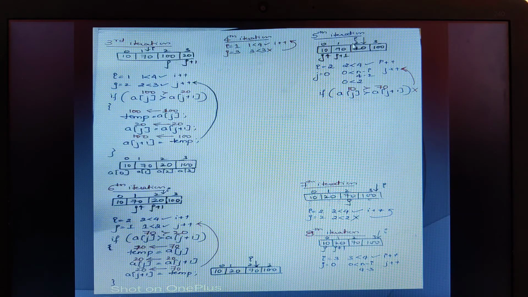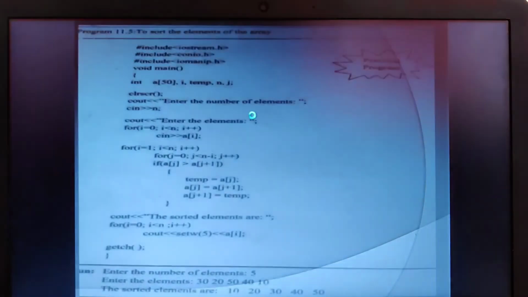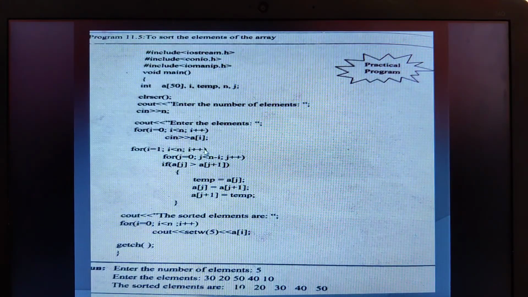Now coming to the fifth iteration, by this time we got an array here as 10, 70, 20 and 100. When we come back to the i looping structure, again we are reinitializing. Let me show the code here. When i gets incremented, we are coming to this particular location. i is equal to 2. 2 is less than 4 because the size of n was 4. 2 is less than 4. Yes, the condition satisfies. On satisfying the i loop condition, we are executing the next statement.